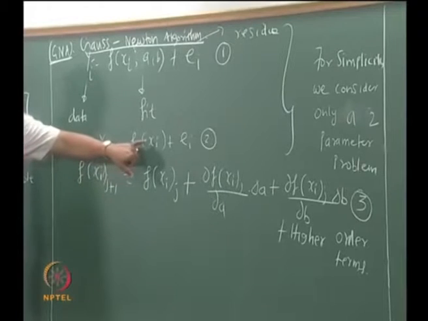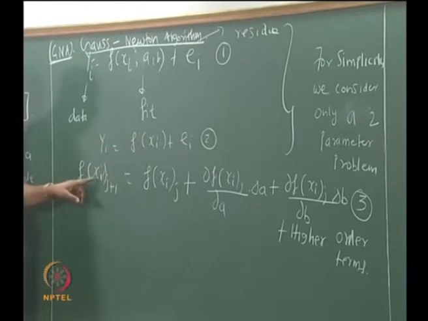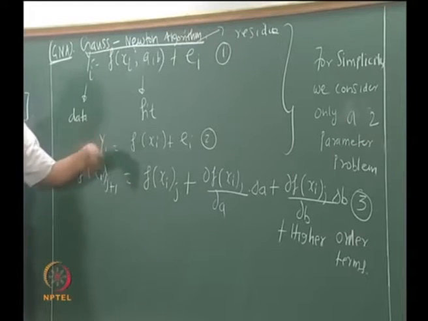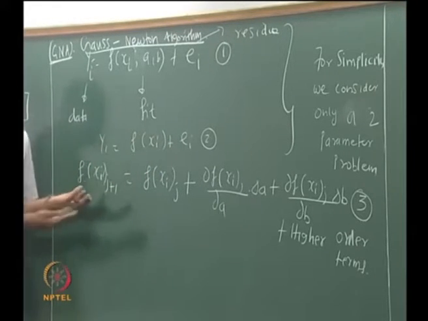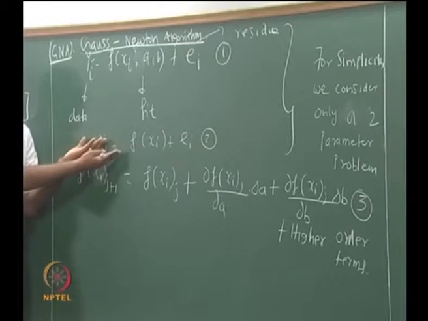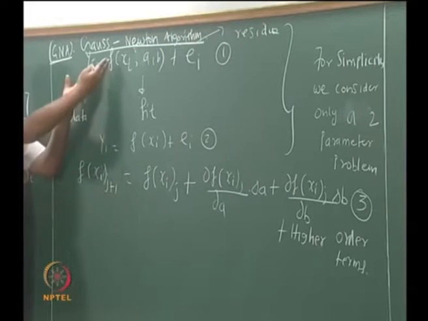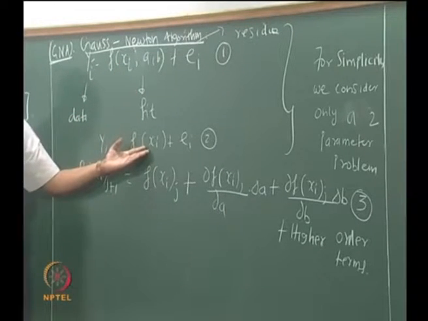So here the f of xi on the right side, I can treat it as f of xi of j plus 1. I can substitute this f of xi j plus 1 on the right hand side, because I am trying to look at the residual E and I am trying to minimize the residual E, right. What is the use of this Taylor series expansion? This Taylor series expansion has to be used in this equation 2. Equation 2 and equation 1 are one and the same, except that I drop the A and B, so that we do not have notational confusion.